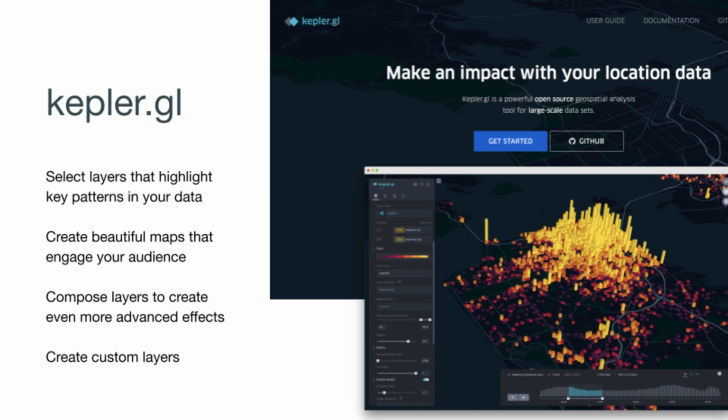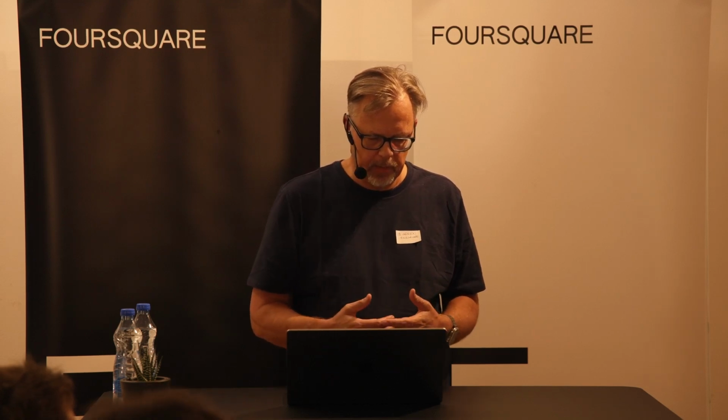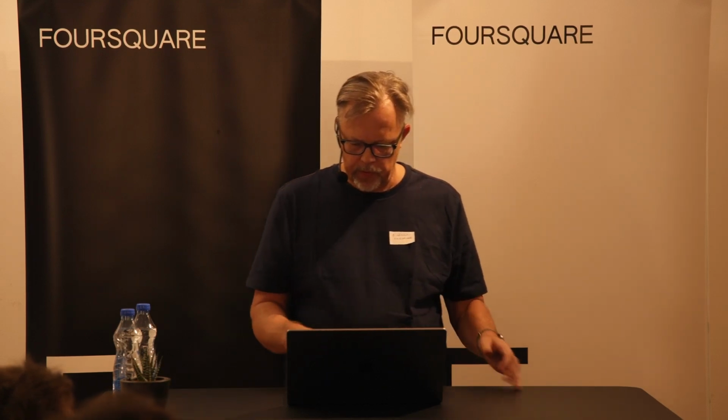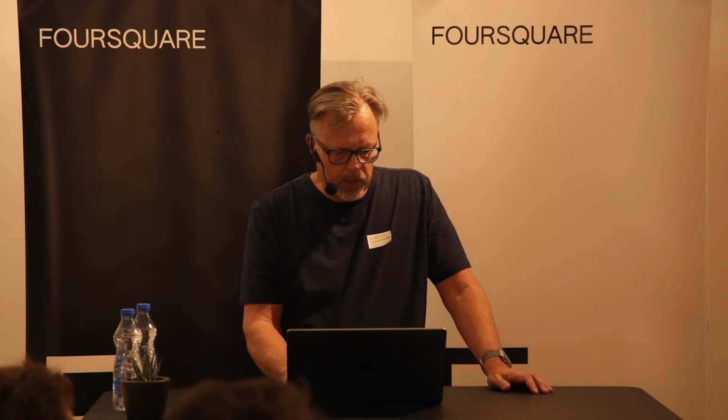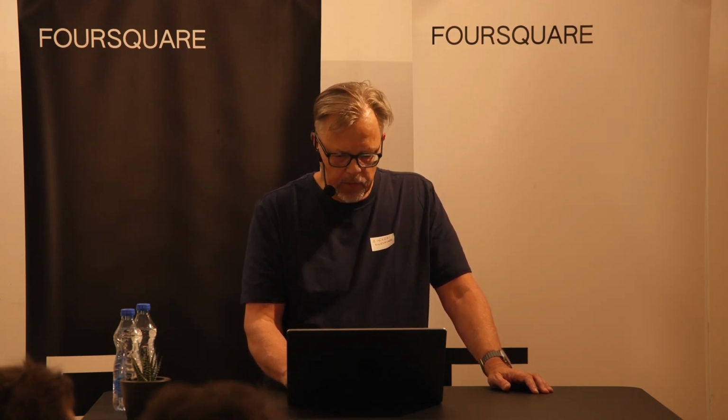It doesn't upload anything to the cloud. You just upload your files there and they stay in your browser. So because of that, it's very popular even with big companies. If you haven't tried Kepler, you can make incredibly beautiful animated maps with just a few clicks. If you have interest, I encourage you to look at it. And I even met people here who are contributing and making PRs, and that's wonderful to see.